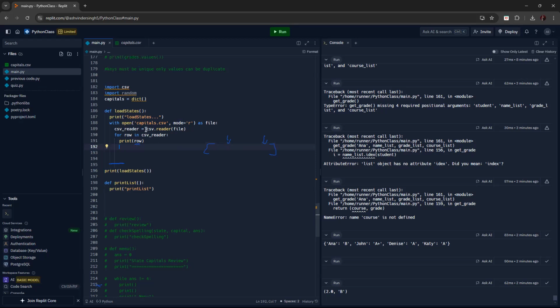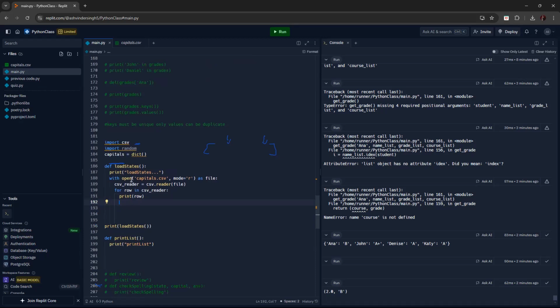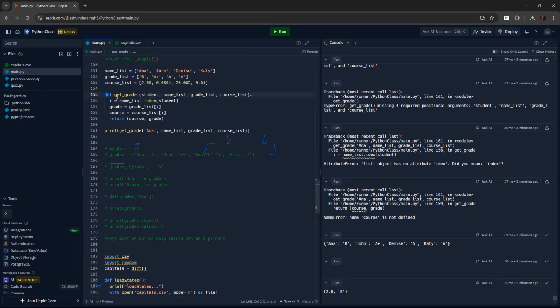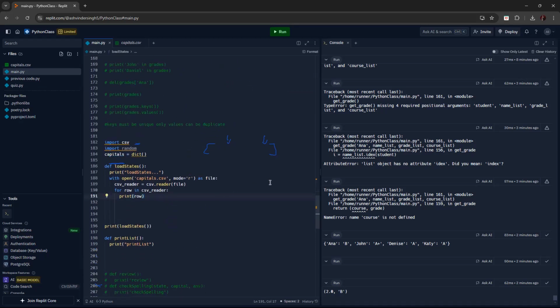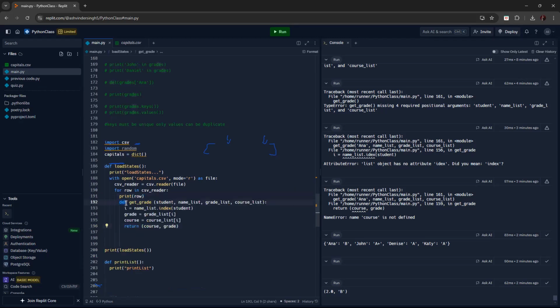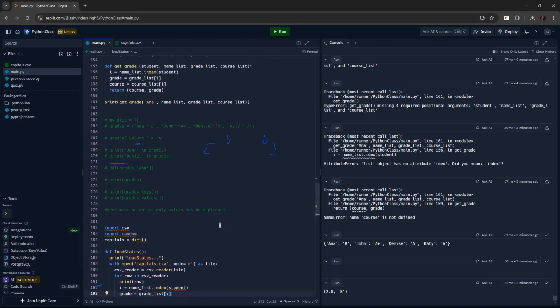So actually I should put this inside the loop. So every time it loops, it will. Yeah, but this was an example, and get grades has no relation to that. You just need to understand. I use something similar to this. Actually, I don't need it to be in a separate method at all. I can just do this. If I use something like this and I go,